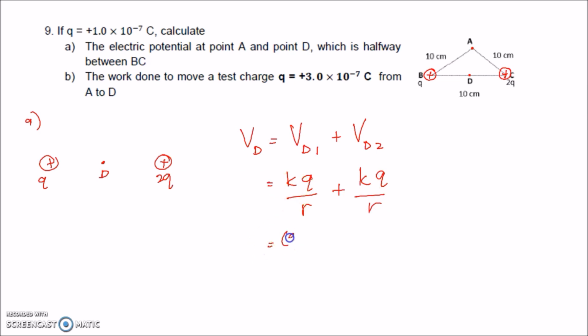So K is 9 times 10 to the power of 9. The first charge is 1 times 10 to the power of negative 7. Divide by R. So what is R? R is the distance between point B and also point D. So it will be